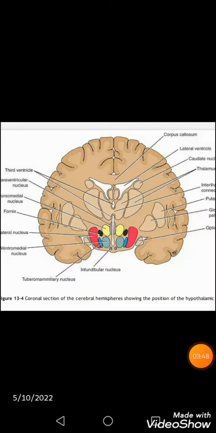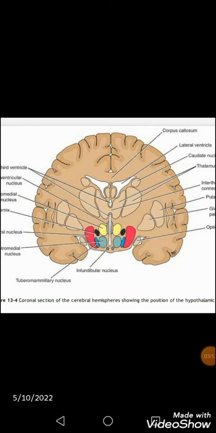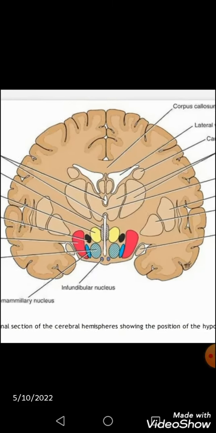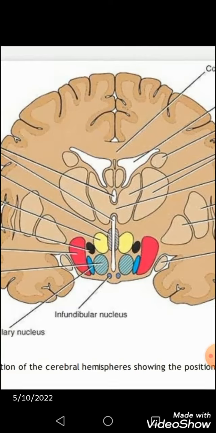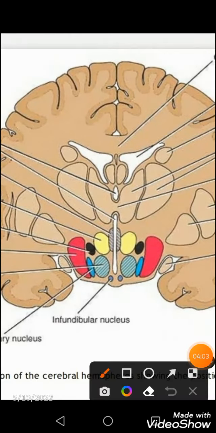And now if we see your diencephalon or hypothalamus in the coronal section, what do you observe? That these multicolored parts are present in its medial and lateral zones, and of course in the center it is holding a cavity called the third ventricle. And now what else you see? You can observe that this region on both sides addresses the medial zone, and adjacent to it you observe the lateral zones, right?